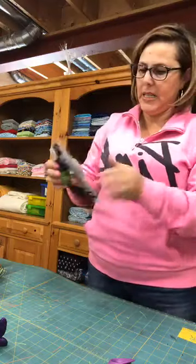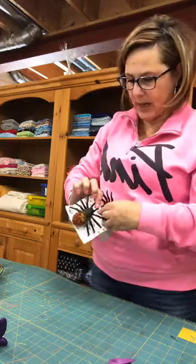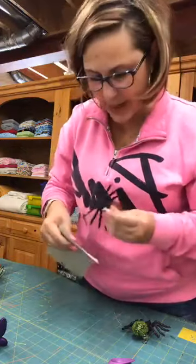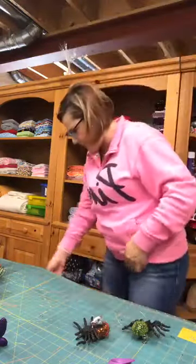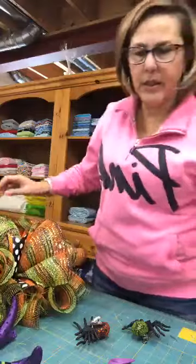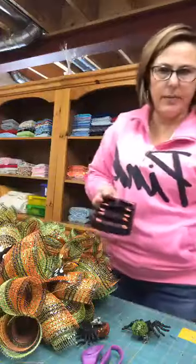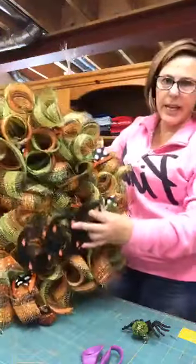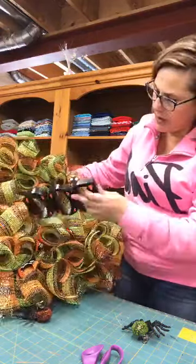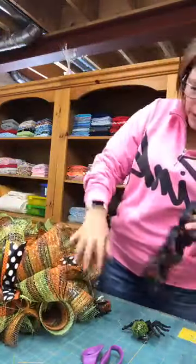Spiders. So, I'm not sure what to do with this boo sign that I have. Oh, these spiders are glittery too. I love glitter. So I'd like to put the boo sign. Alright, I'm going to move this because I can't see what you guys can see. Alright. I would like to put the boo sign somewhere in here. But I don't know if it's going to fit because